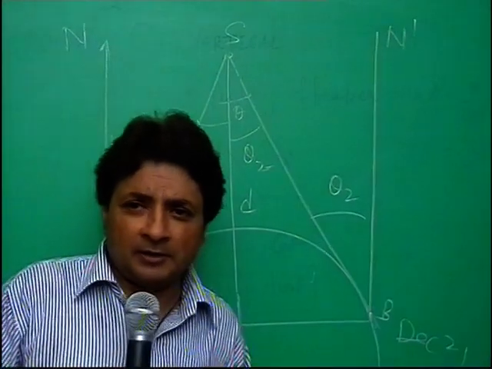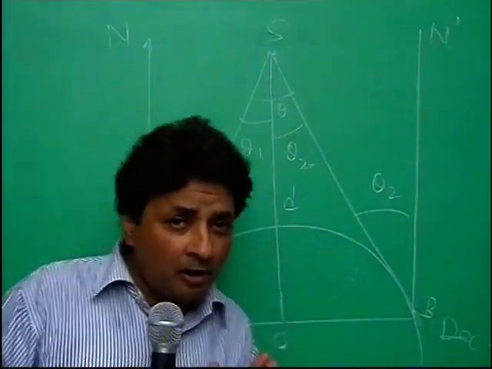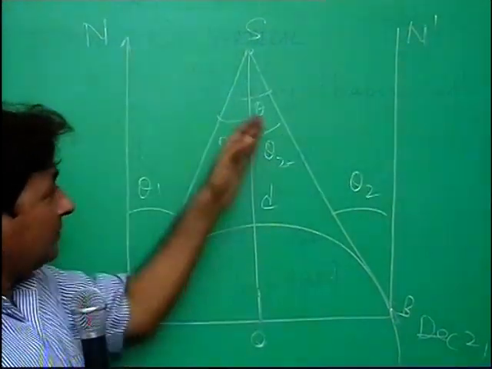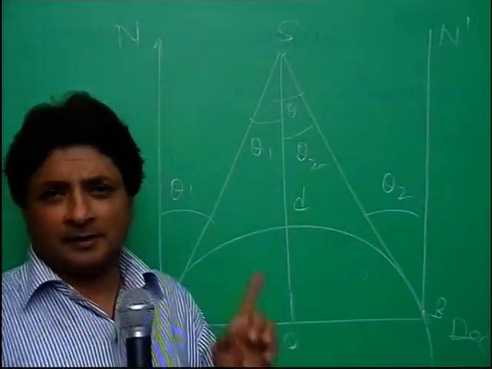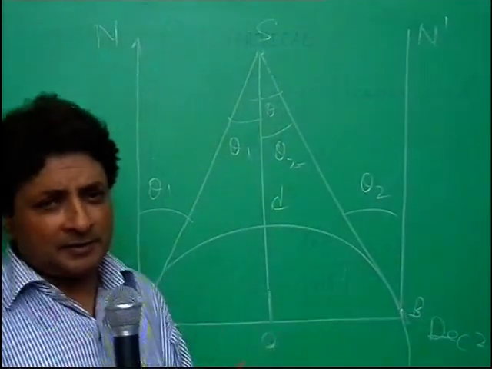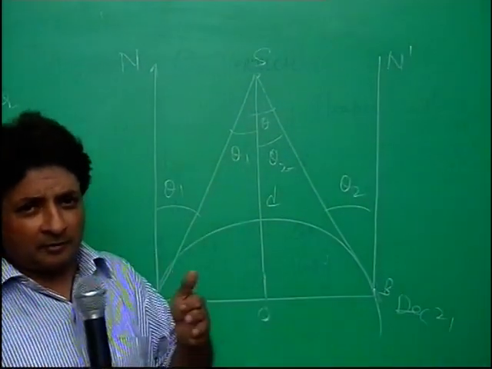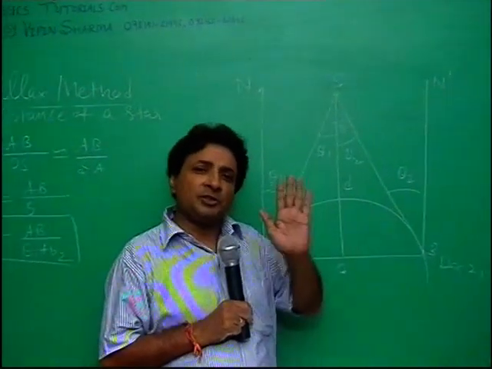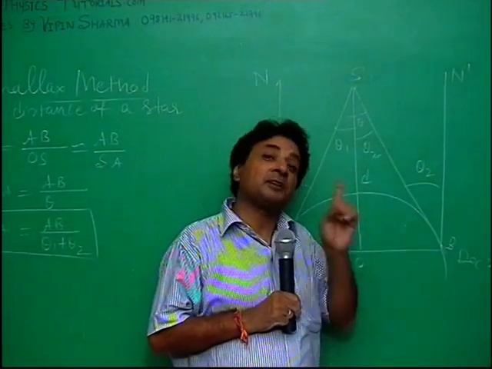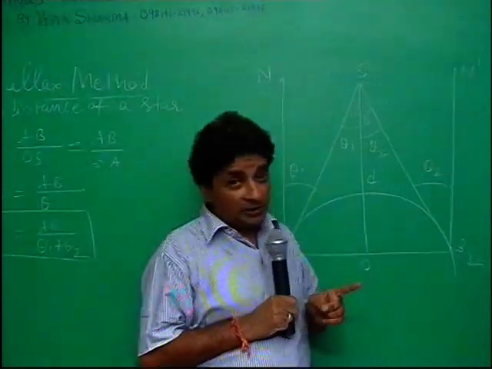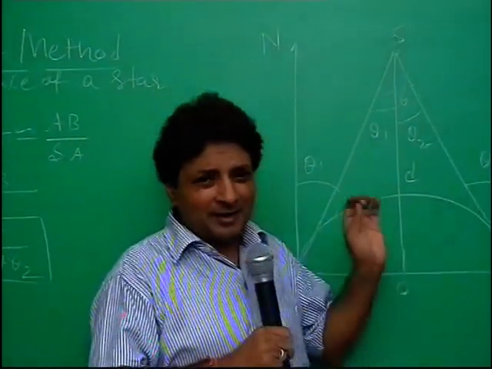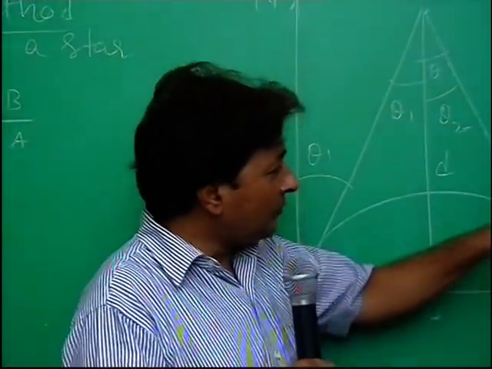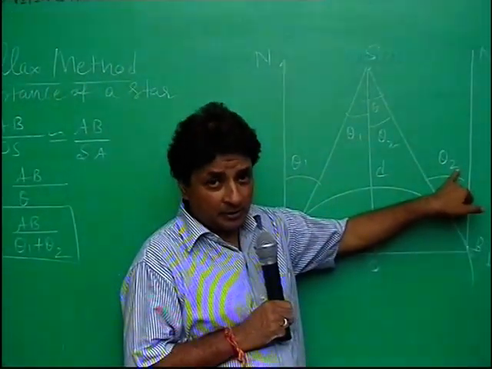Let me tell you one thing, there may be a confusion in your mind about how the same star is visible after 6 months. Look, when you travel a distance of 50 to 60 kilometers from your house on a full moon day, you will find that the moon's position is apparently slightly changed, but the moon is yet visible. Same way, the star's position apparently may slightly change, but it is visible. So that is why we have mentioned the angle theta 2 here.